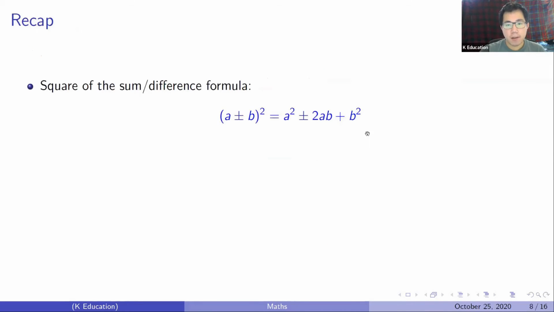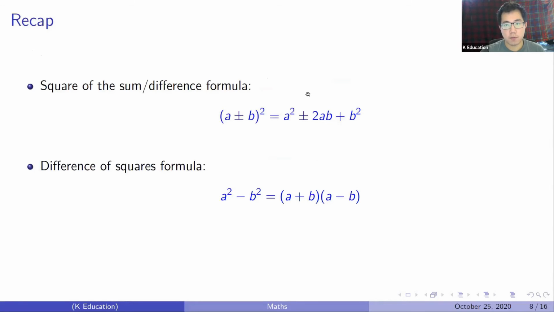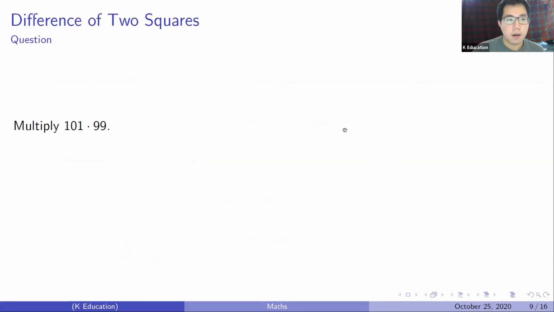And also we had the square of the sum and the square of the difference formulae, and also the difference of squares formulae. A common mistake that people make is (a plus b) squared is equal to a squared plus b squared, but this is not true. It's actually a squared plus 2ab plus b squared. There's that middle term that you shouldn't forget. Right, so using the difference of two squares formulae,